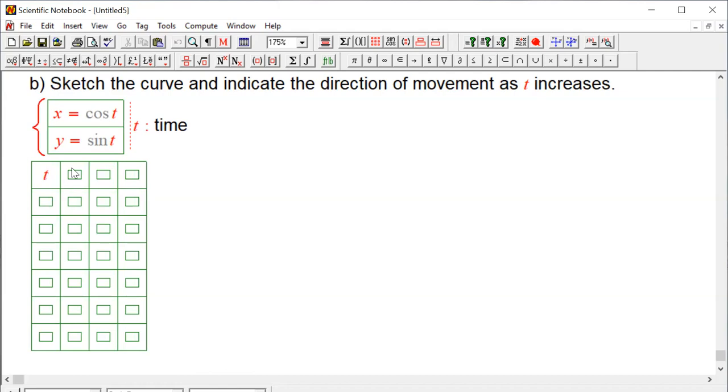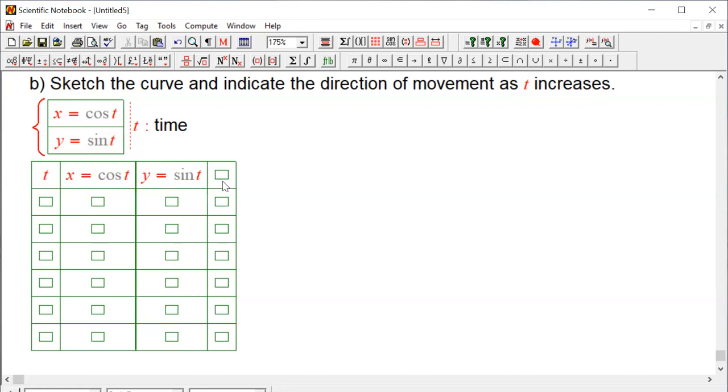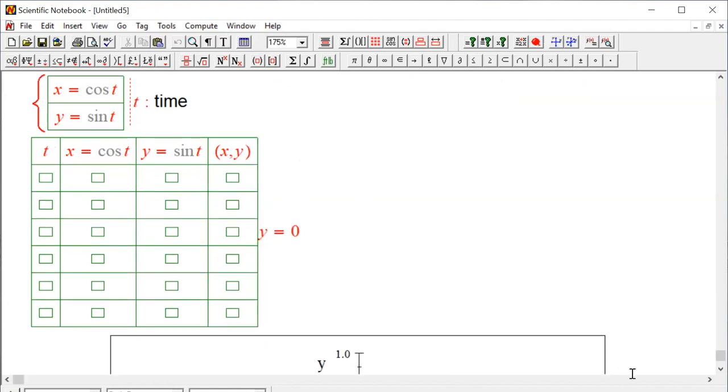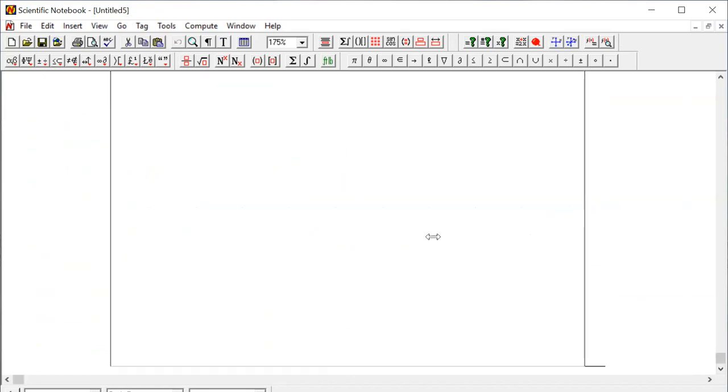So we got t, x equals cosine t, y equals sine t. And we already know the hang of it, right? So x comma y. And we're going to set up our rectangular system, right? Since we know we're getting a unit circle,